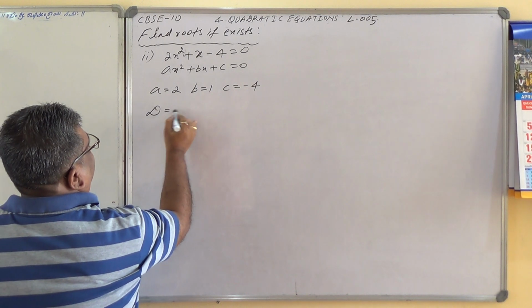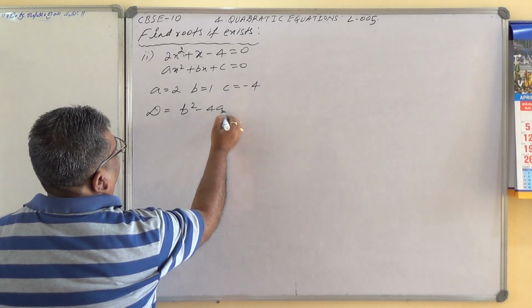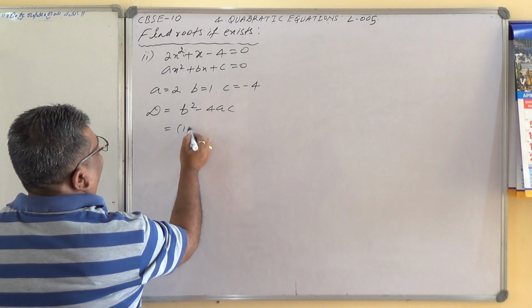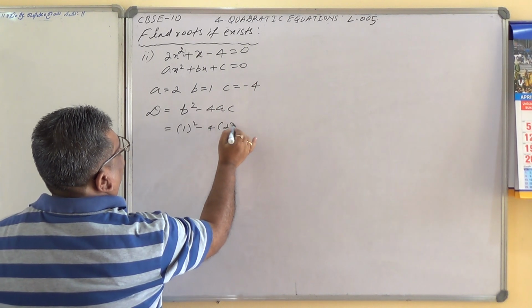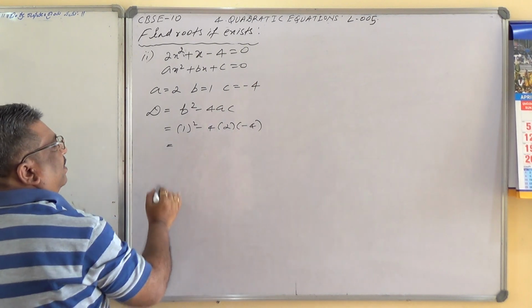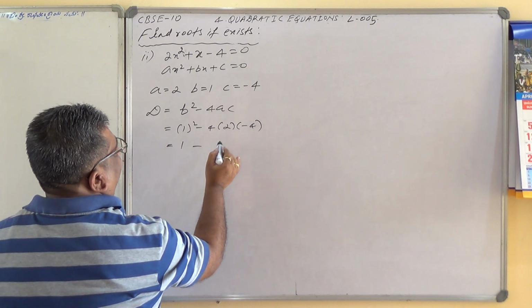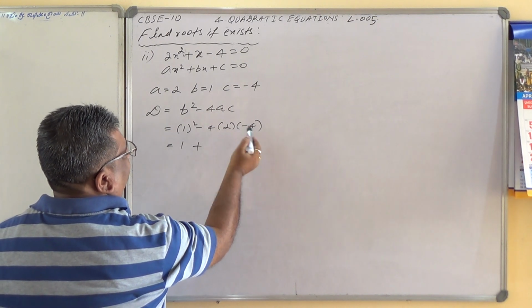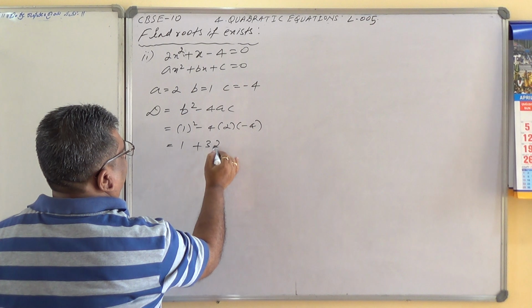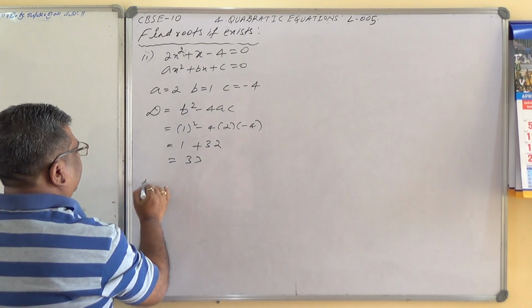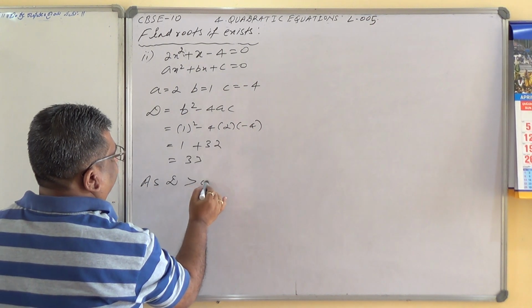So let me work out D equals b square minus 4ac, which equals 1 the whole square minus 4 times 2 times minus 4, which equals 1 plus 32, which is 33. Therefore, as D is greater than 0,